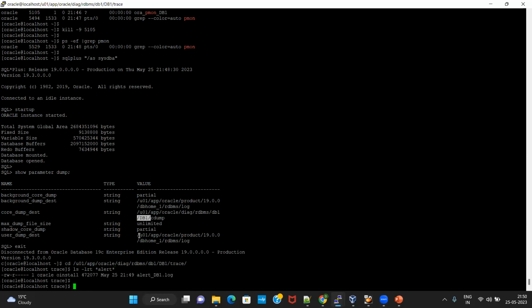There is this location in your database server which holds one of the most critical trace files for Oracle database, called the alert log. All the critical events that take place in your database are logged into this alert log file. Now if you open this file,